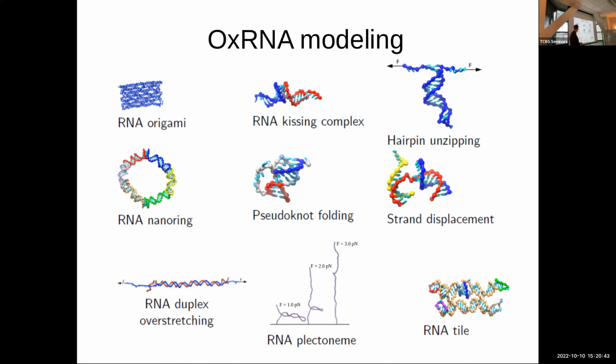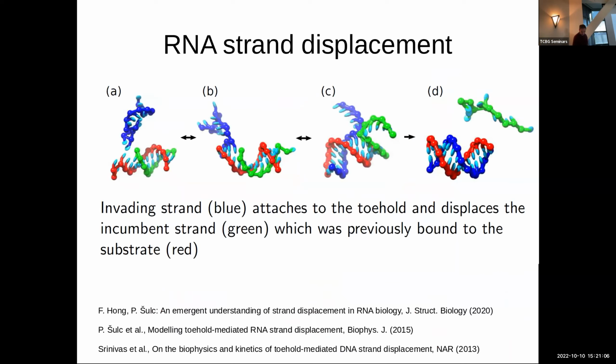So it does reproduce the fact that if you start twisting an RNA duplex, it forms these plectonemes. We studied a few RNA nanostructures like RNA origami, RNA nanorings, or these RNA tiles which interact through kissing loop interactions. But the field of DNA nanotechnology is much bigger than the field of RNA nanotech, so our main focus still remains DNA nanotechnology. But since I did introduce the RNA model, the first application I'm going to talk about is with the RNA